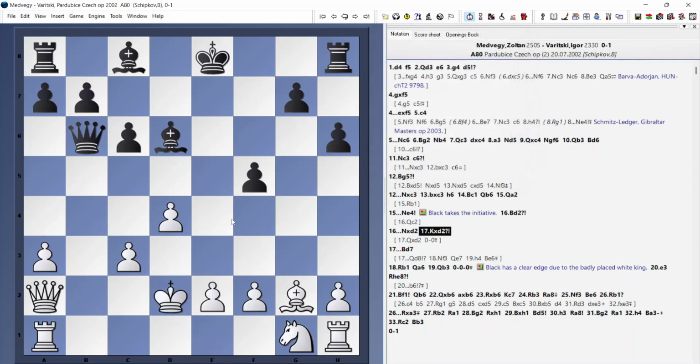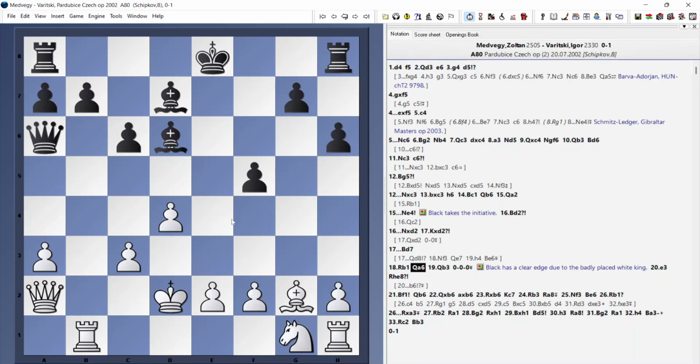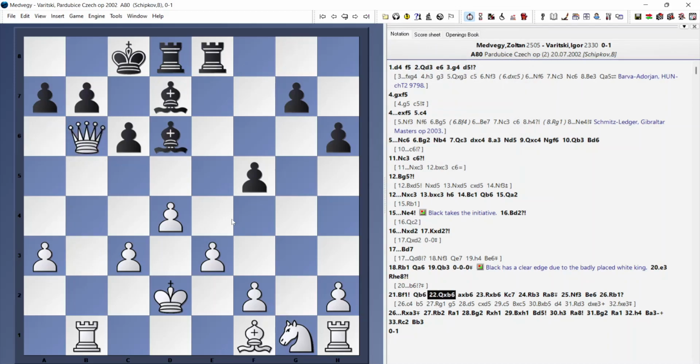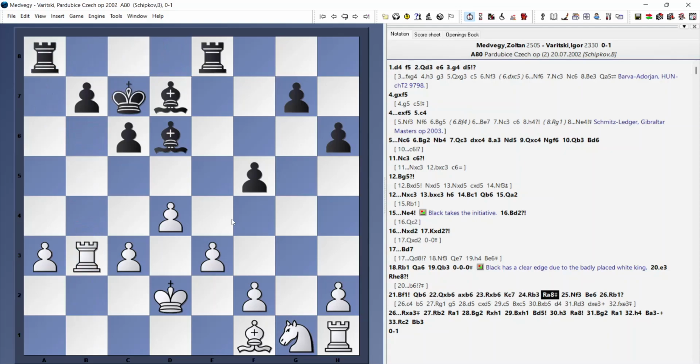So king takes d2, bishop d7, rook to b1, queen a6, and now queen b3, castles. All right, and now black has the hope of attacking the white king. e3, rook he8, and now black is definitely better here. Bishop f1, queen b6, gives up a pawn. b3, rook a8,